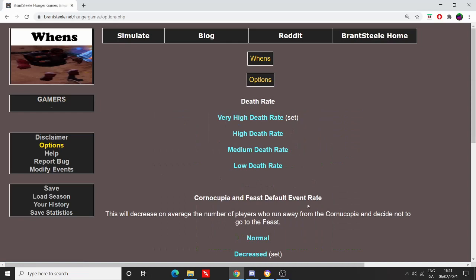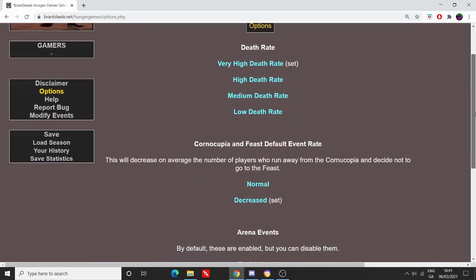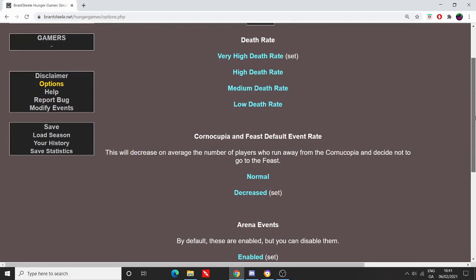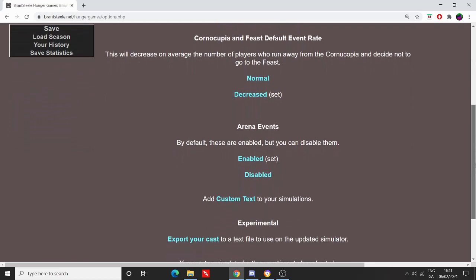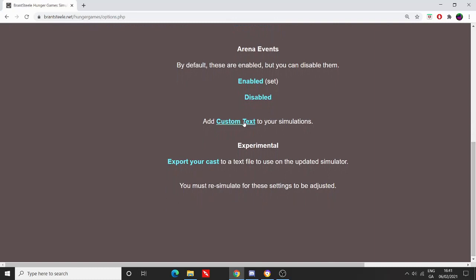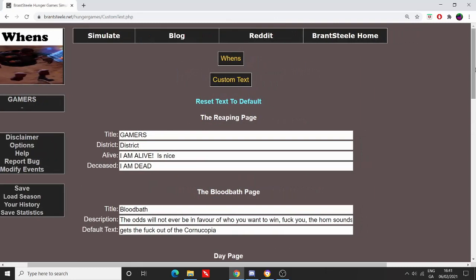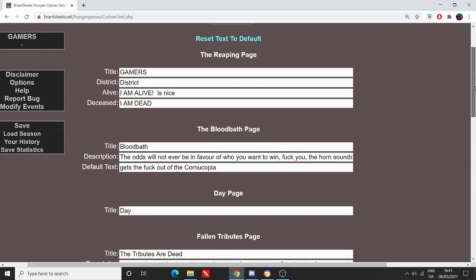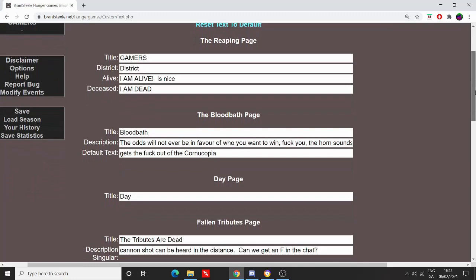Here in options, you can pick a few small settings for your 100 games, like death rate, decrease the Cornucopia Feast running rate, enable or disable arena events, we'll get to those, and custom text. This allows you to replace text like day, cannon shots have been heard in the distance, the reaping,